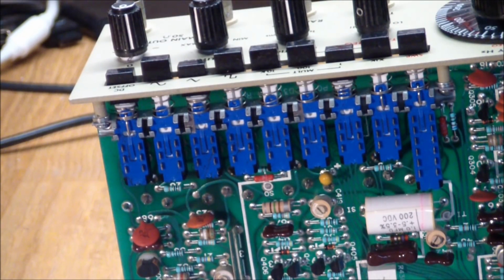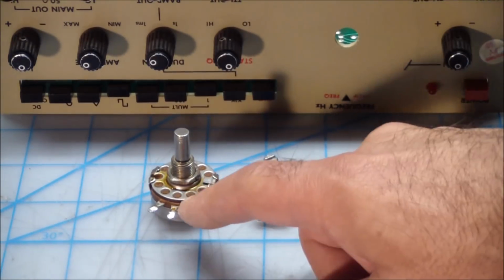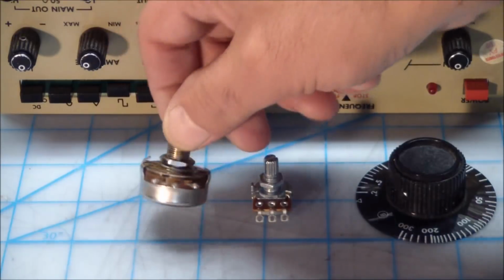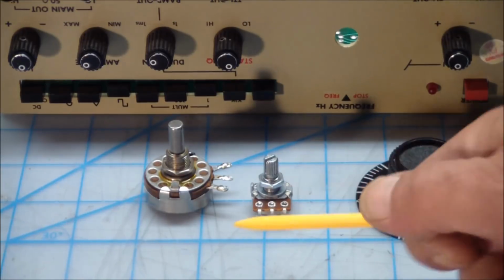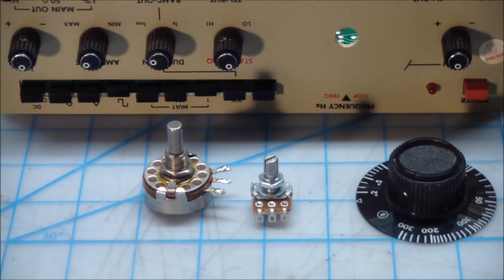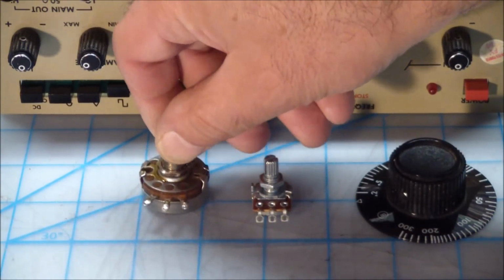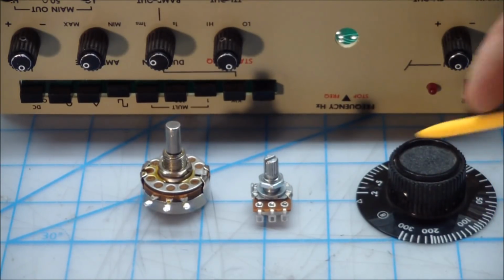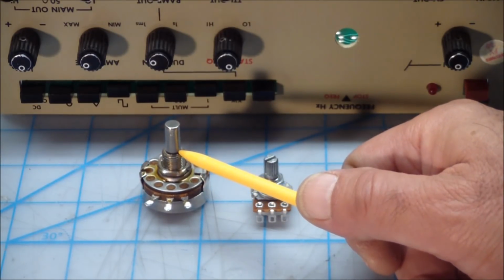And now's probably the time to have a look at that frequency pot replacement. So here's another one of the units where I took the frequency knob off and just took the pot out. Well, here's your sealed pot. You may be able to see that I messed with the tabs a little bit, but bending these tabs back did not free up anything. There are no open slots underneath the contacts. Can't get in. So again, the only way to access this seemed to be through the shaft, but that didn't